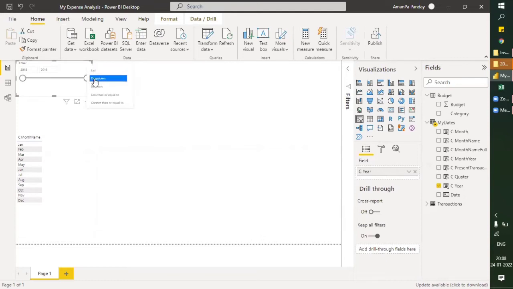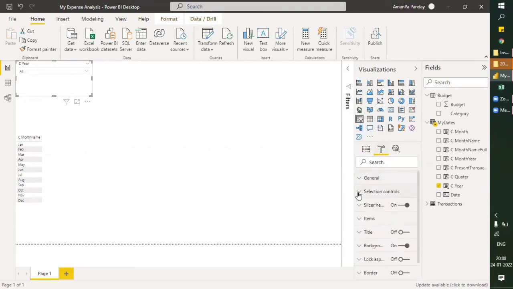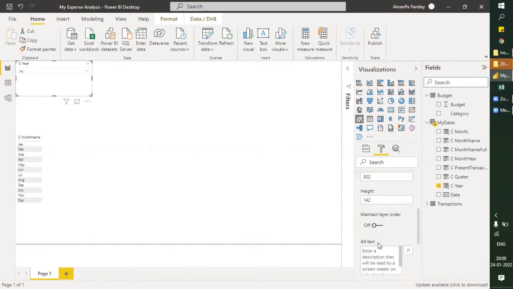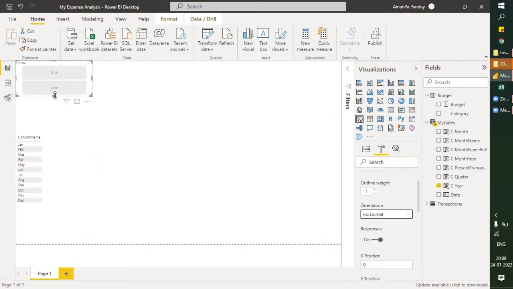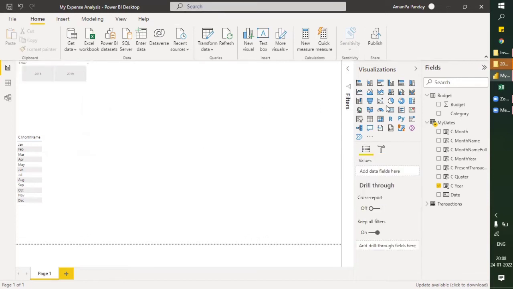This should be a drop down, and the list should be horizontal. So now it's fine.